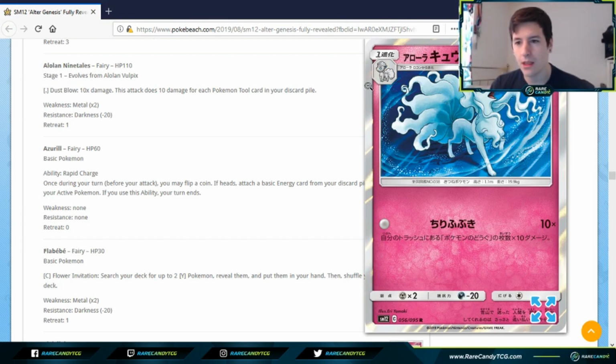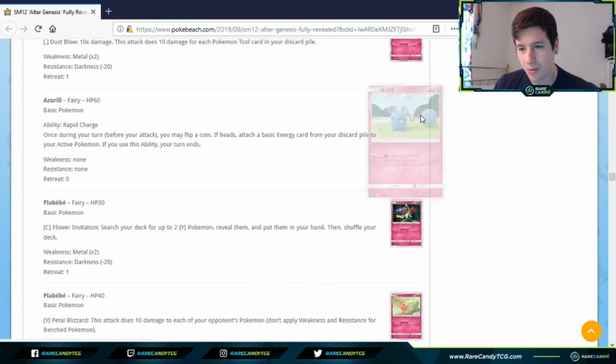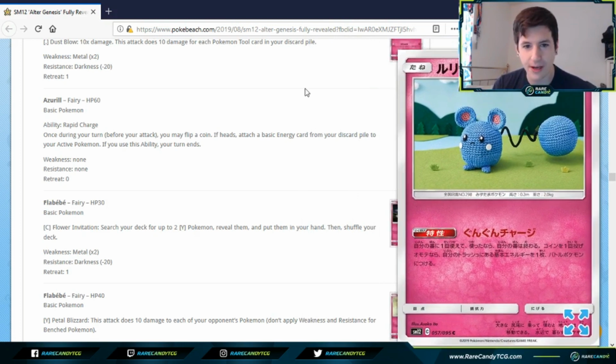So, could have potential. So we have another baby Pokemon. These things haven't really been that great. Not sure how this one's going to fare. So once during your turn, you may flip a coin. If heads, attach a basic energy from your discard to your active, and of course if you use this ability your turn ends. I really wish this was search your deck for a basic energy and attach it, because most of the time